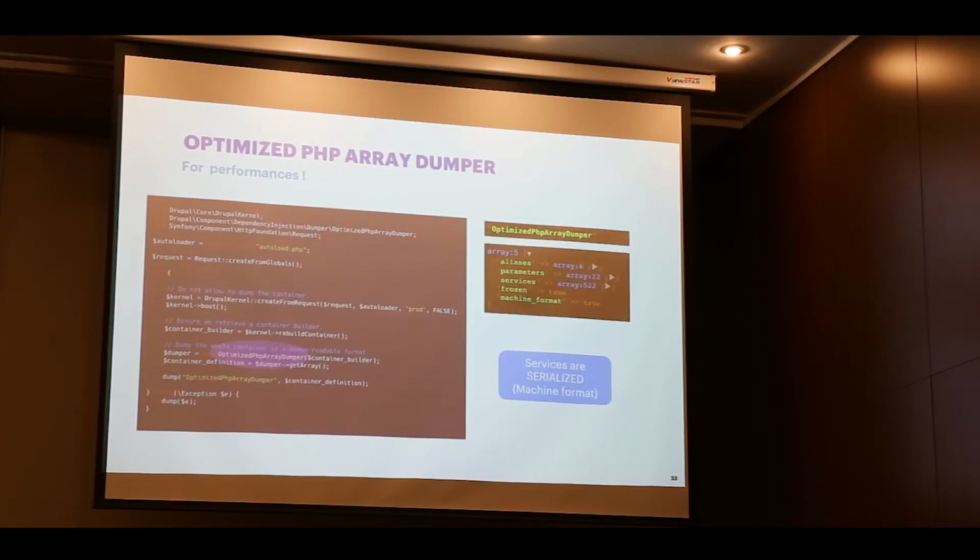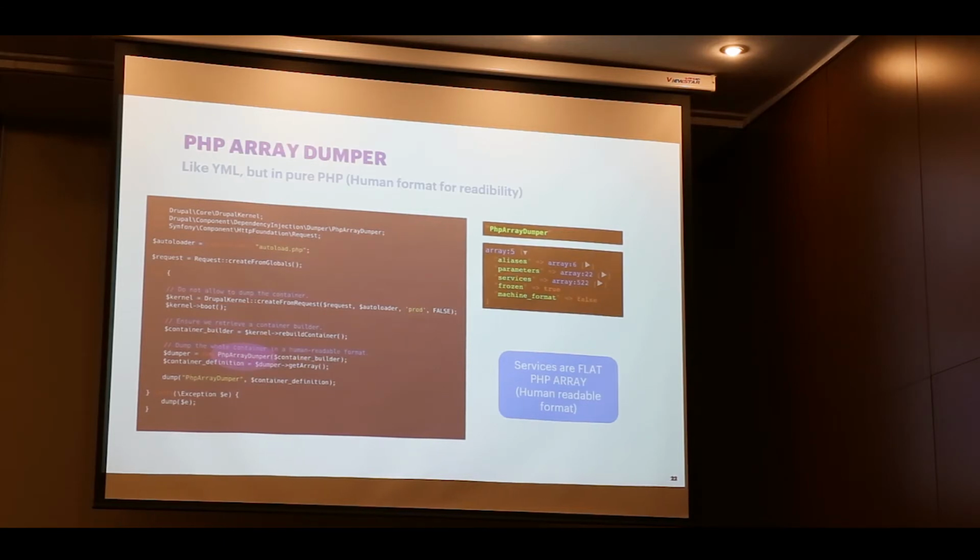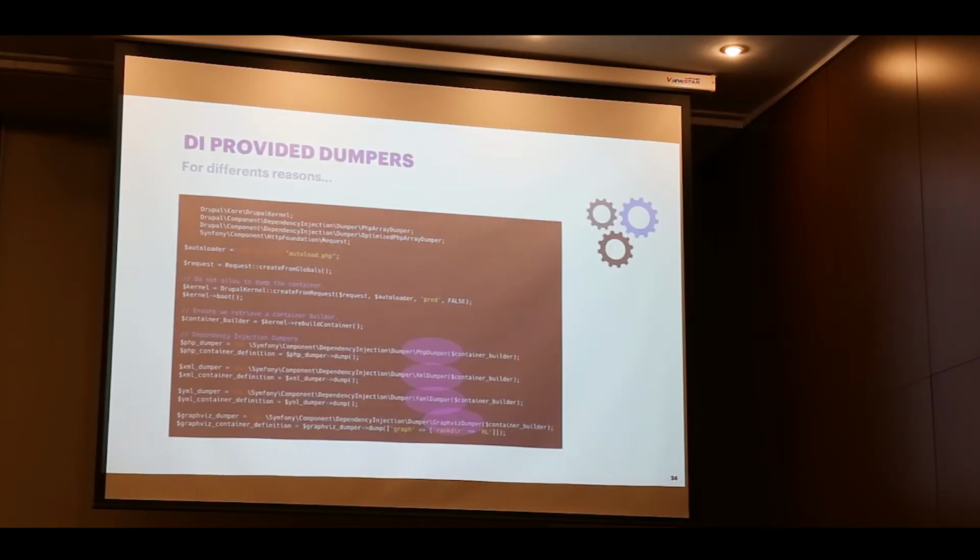So it's not a fatality to use only this dumper. Some projects use a different dumper for their needs. The PHP dumper, if you want to have resource tracking, is a very powerful feature. But you need to extend your kernel and write a lot of code to have your custom kernel. But it's possible.